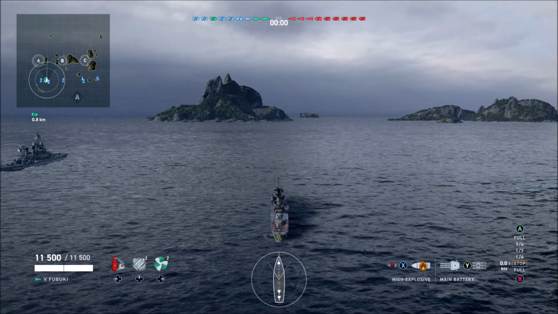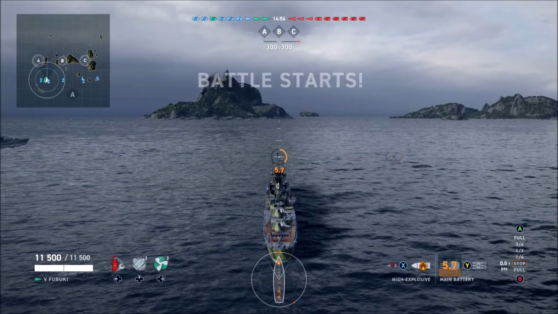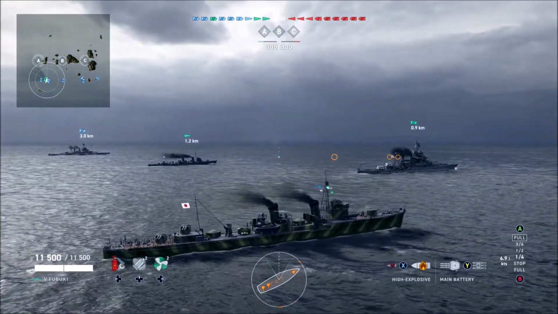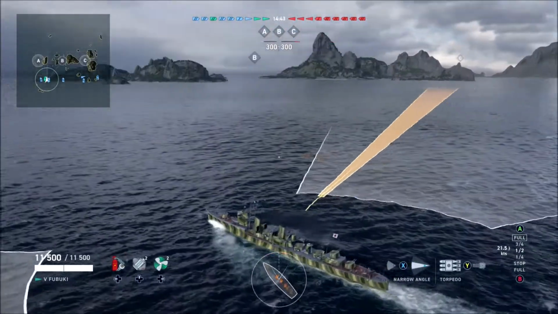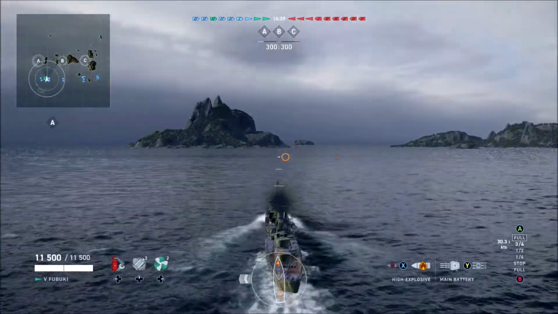Today, we are in the Fubuki, Tier 5 Japanese destroyer. This is probably top 5, top 10 favorite ships. Really enjoy this. It kind of performs on the same lines as the Akatsuki or the Kagero, but you don't necessarily have...